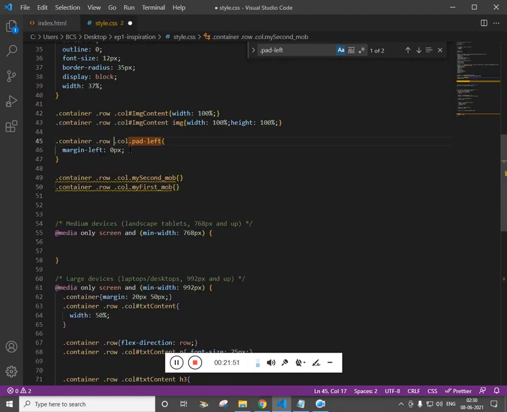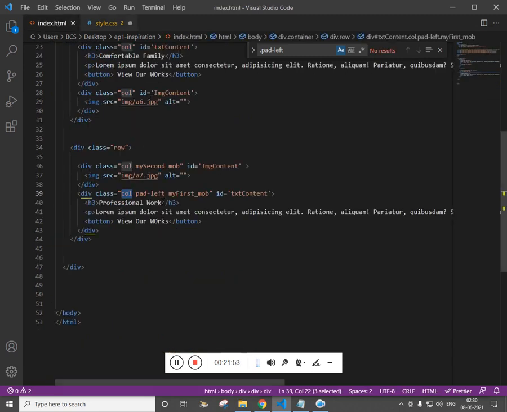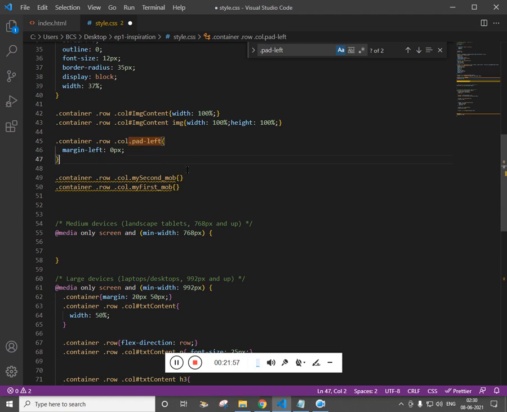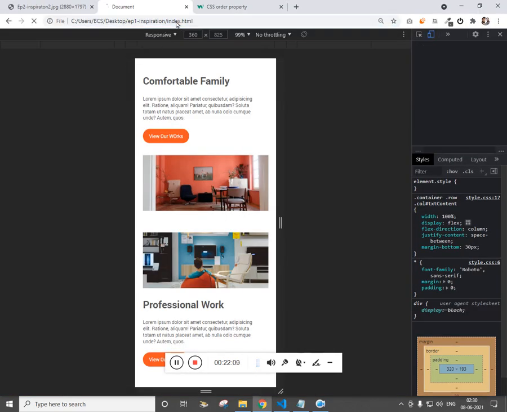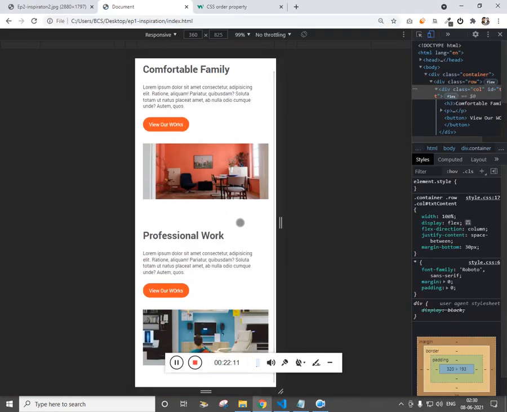So I have not added a space, that means these are the same classes. If I add a space, it will be considered as a child. Now just add order 2, and this be order 1, but remember this is for the mobile. Refresh it, and cool.